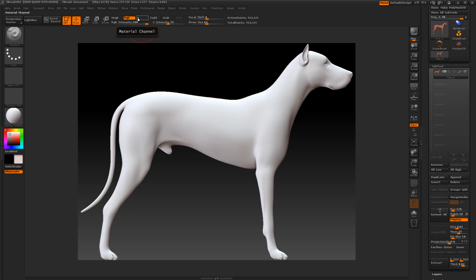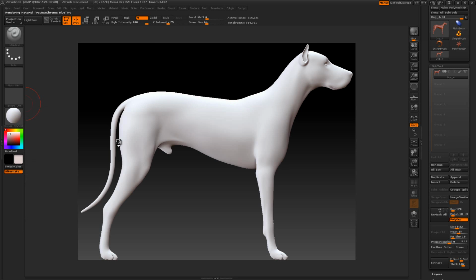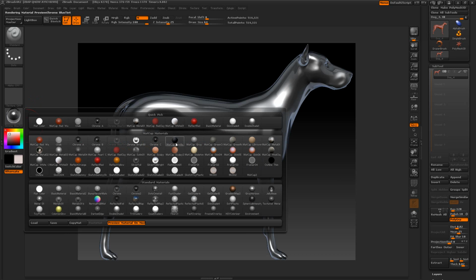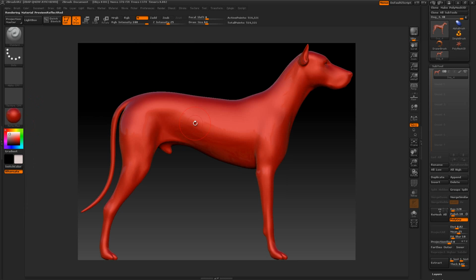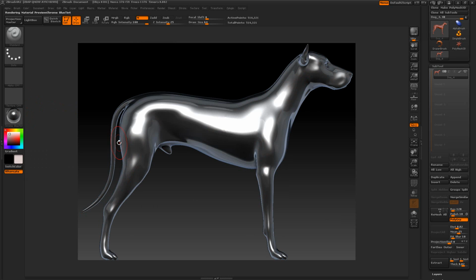We can paint with just material. Let's say I wanted to switch to another material and paint with it. This is what happens. The whole thing switches, and no matter what I select, it's going to switch. So how can I paint with material? Well, what we'll have to do is